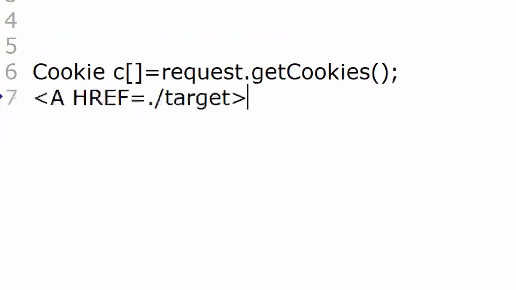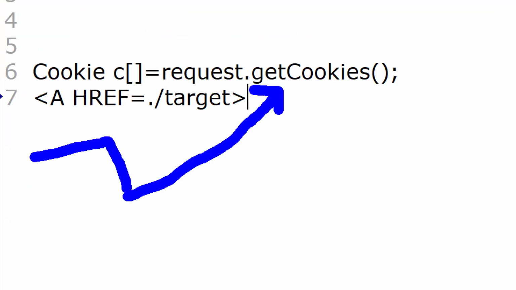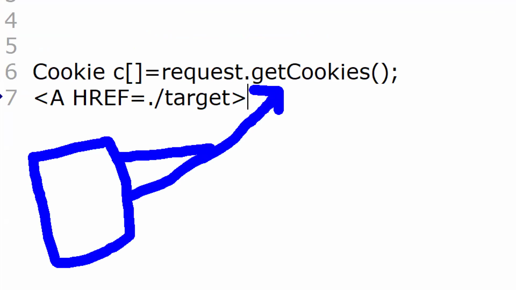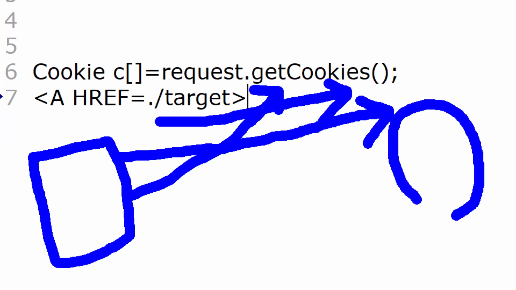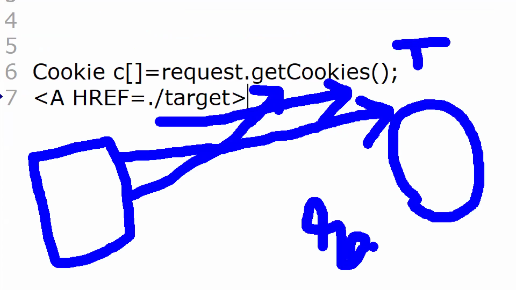When the user clicks on this hyperlink from the browser, as a session cookie, the browser will send the same session ID to the server. In the background, in the doGet method of the target servlet, you are writing request.getSession.